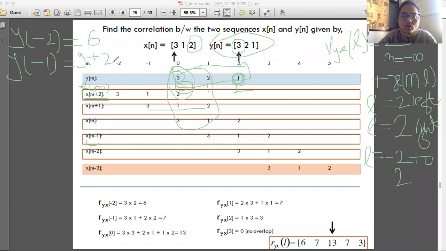So the value of this sequence, I'm so sorry, this is 3 multiplied by 1. I had taken it by mistake in the downside. So this is 3 multiplied by 1 will be 3, and this 2 multiplied by 2 is going to be 4. So the output of this will appear as 7. This will be the output.